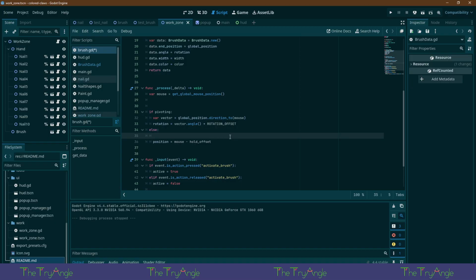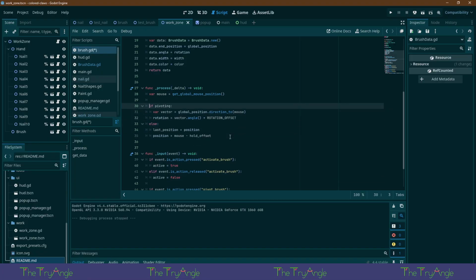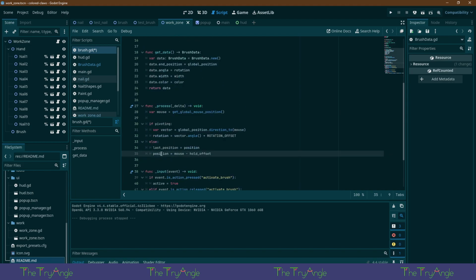So when we set the position, we'll say our last position is the position. Our position is mouse and hold offset. I don't quite know if this is doing it.